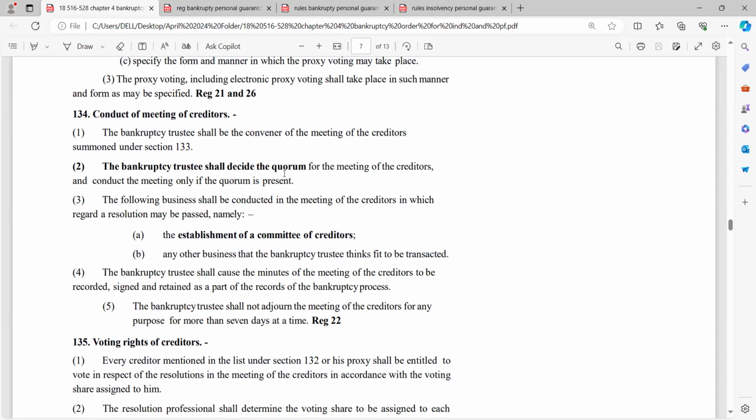आज तो बनाया ही है वो। बैंक्रप्सी ट्रस्टी शैल डिसाइड द कोरम फॉर द मीटिंग ऑफ द। सॉरी सर, वो याद आ गया मेरे को। हाँ, क्वेश्चन बोलिए। इंसॉल्वेंसी पे क्वेश्चन था, आई फॉरगॉट, आई मिस इट, मैं नोट करूंगा फिर बताता हूँ सर। कोई नहीं, आप ग्रुप में बता दीजिएगा आराम से। अगर आपको याद आता है तो अभी नोट करते रहिए, लिख लीजिए।